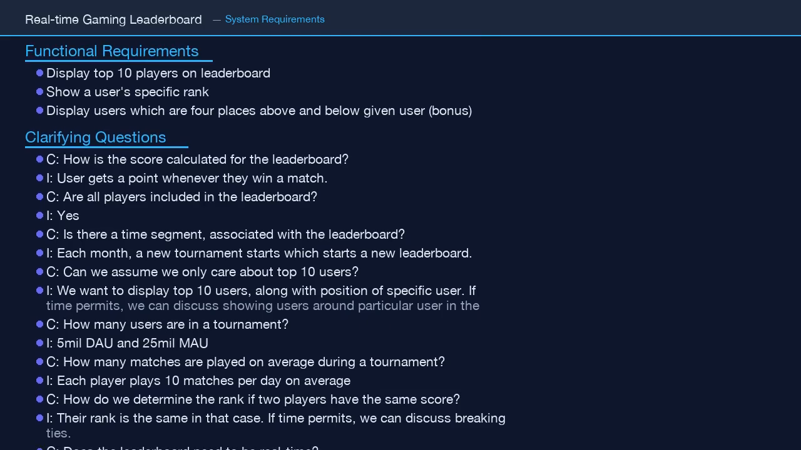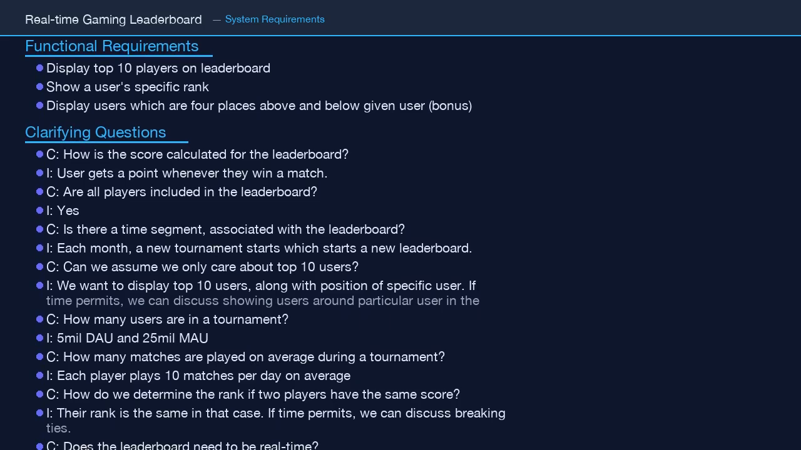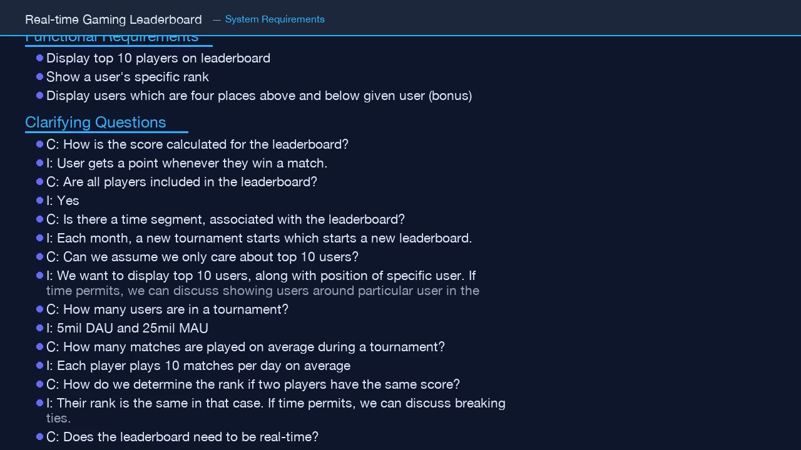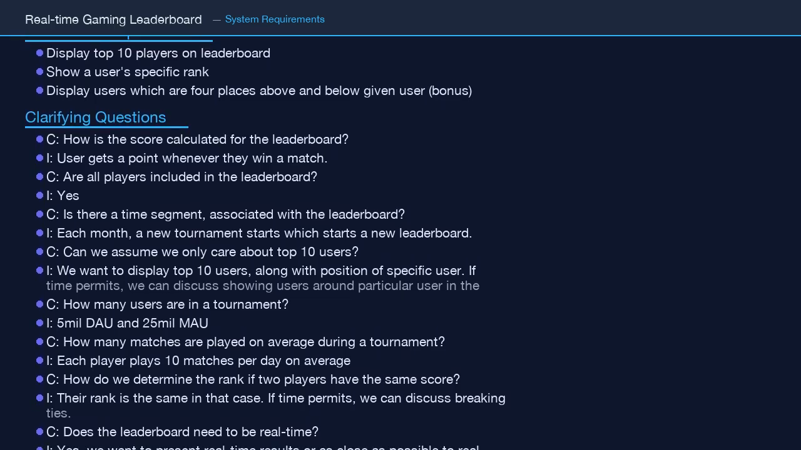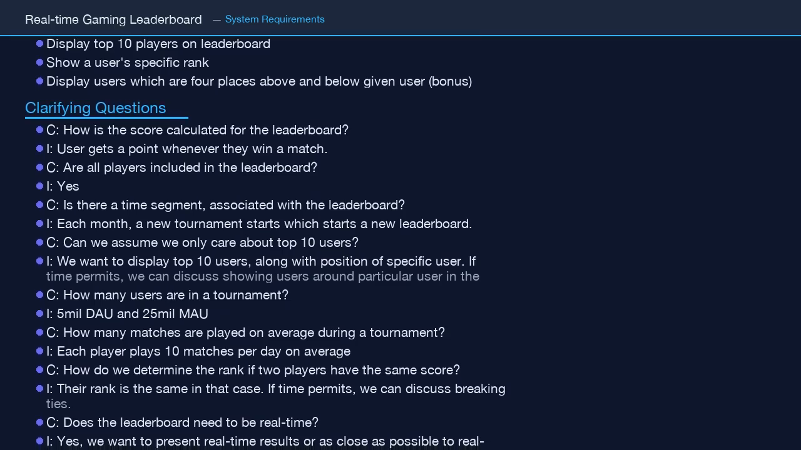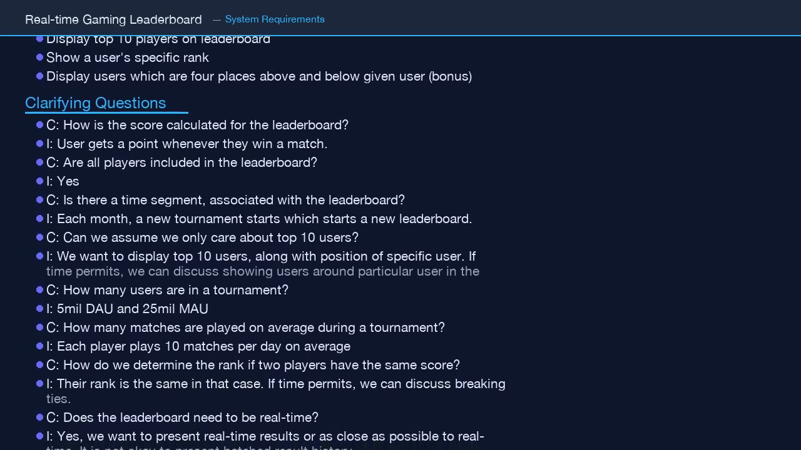Let's design Chapter 26, Real-Time Gaming Leaderboard. Starting with our functional requirements. The core feature we need to support is displaying the top 10 players on a leaderboard. Beyond that, we need to be able to show a specific user their own rank, even if they're not in